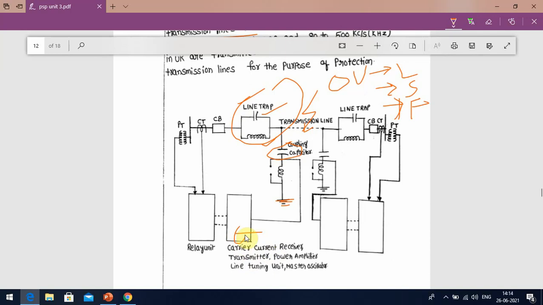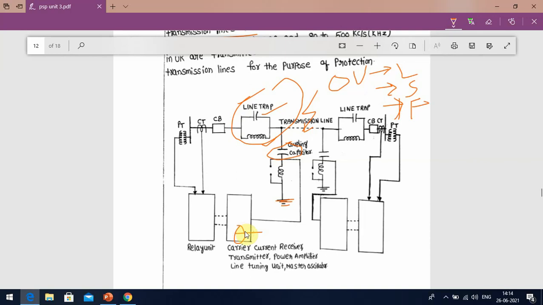So here the oscillator is there, and here also in the carrier frequency unit there is an oscillator. The oscillator can be tuned to a particular frequency selected for the operation. The output voltage of the oscillator is held constant by voltage stabilizers. Okay, so what does the oscillator in the carrier frequency equipment do? The oscillator can be tuned to a particular frequency selected for the application. This output voltage of the oscillator is held constant by voltage stabilizers. To maintain the output voltage from the oscillator constant, we use voltage stabilizers.